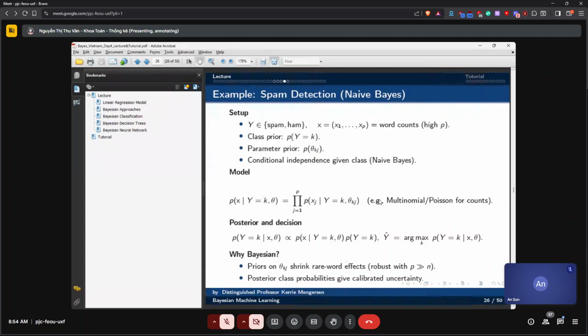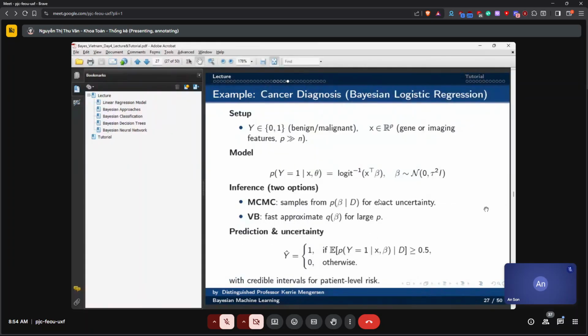Okay. And that's very important because instead of classing anything over 50% probability as spam, I might want to make it higher. I might want to say I'm only going to class it as spam if it's over 70% probability of being in that class. Or I might want to take a different approach and say I'm going to filter anything which has more than 40% probability of being spam, because I want to make sure I don't get any spam. Okay, or be very much more certain about it, not completely sure. Okay, all right, can you go to the next one?